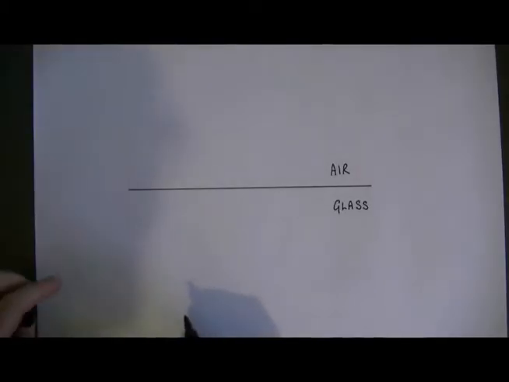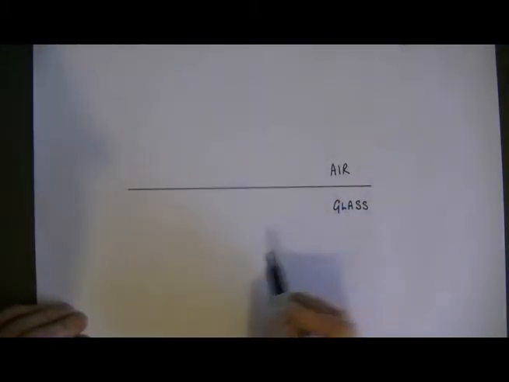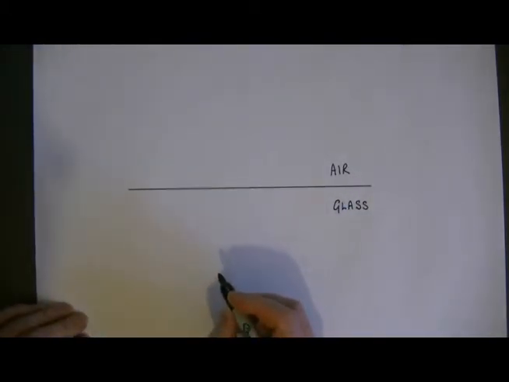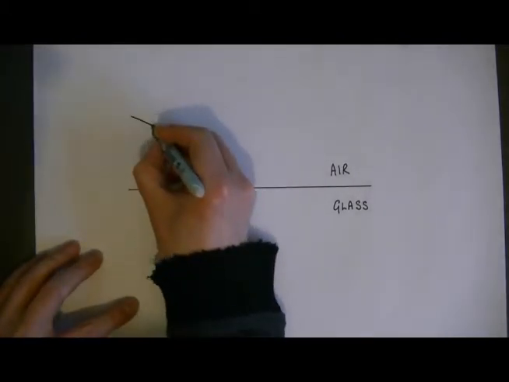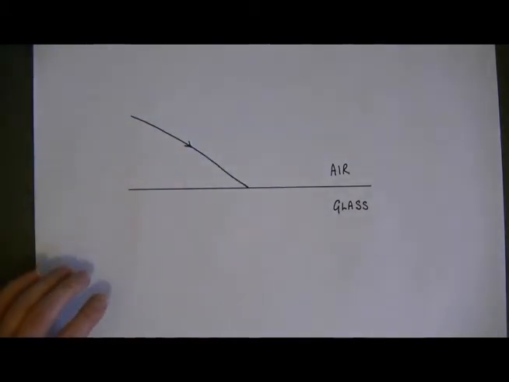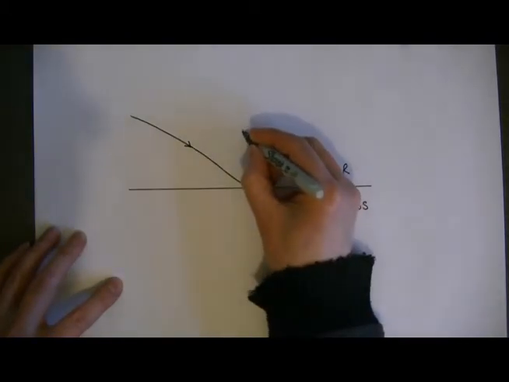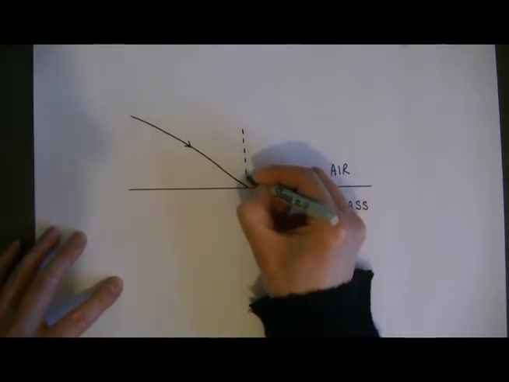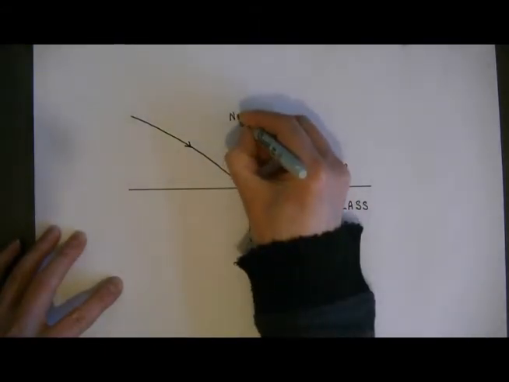Let's look more closely at what happens when a ray of light moves from air into glass. So here we've got the boundary between the air and the glass, and I'm going to draw my ray of light. There's my incident ray, and whenever we're dealing with light we need to construct a normal,